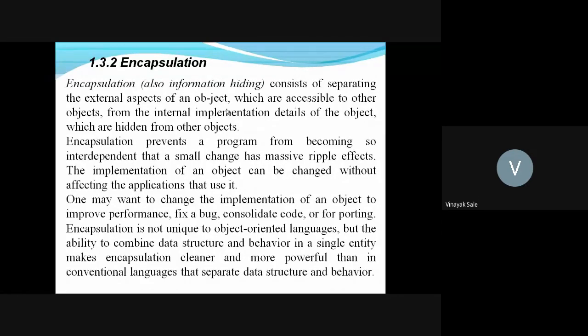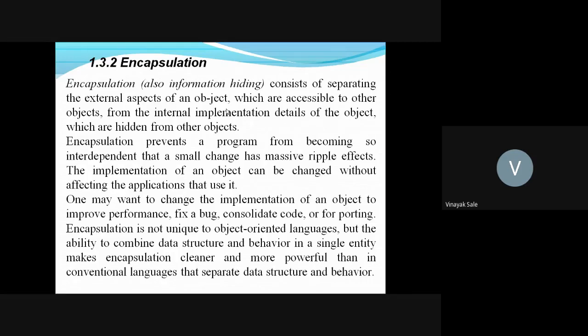One may want to change the implementation of an object to improve performance, fix a bug, consolidate code, or for porting.